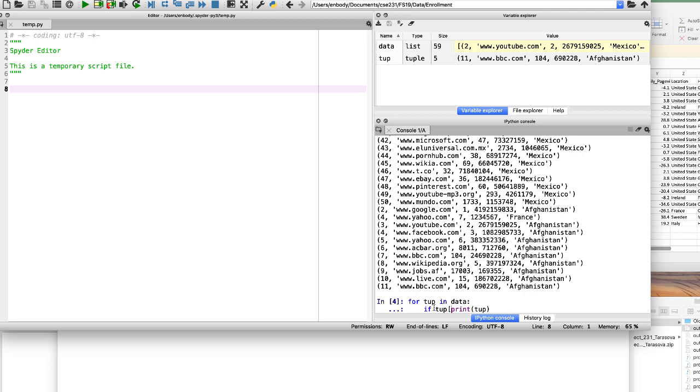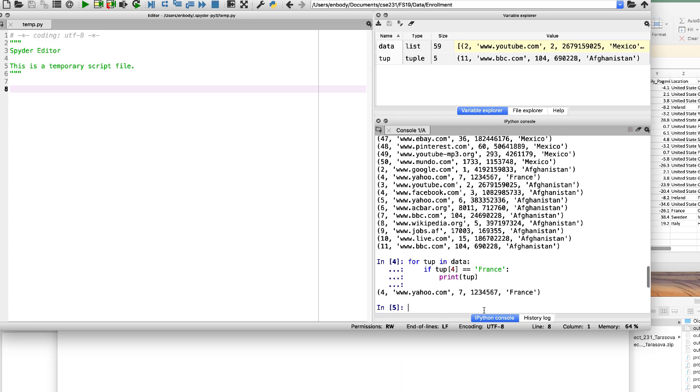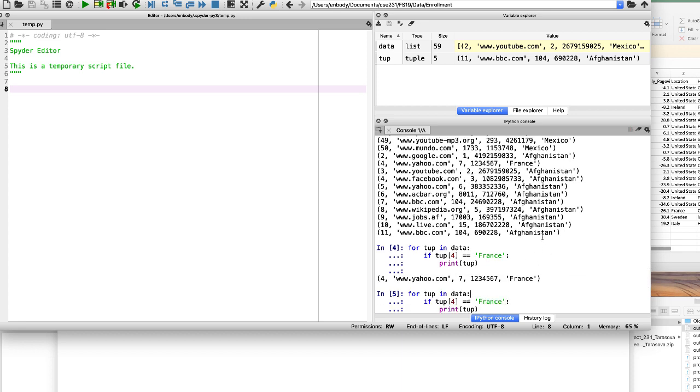So if tuple 4 is equal to France, let's print it. And it does. It prints France. And I could, if I wanted to, say, well, let's instead see what happens if I do